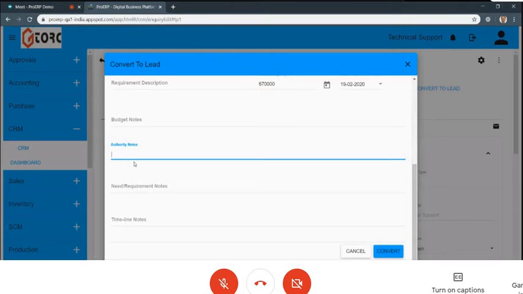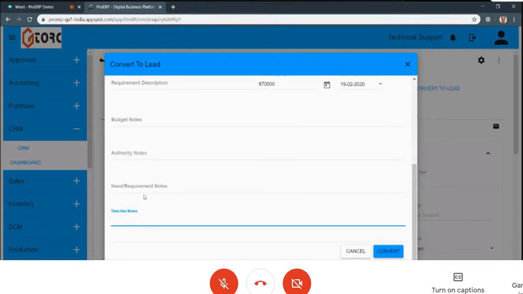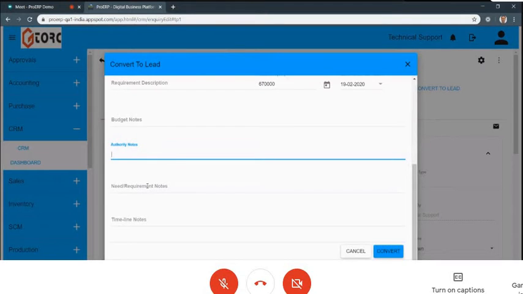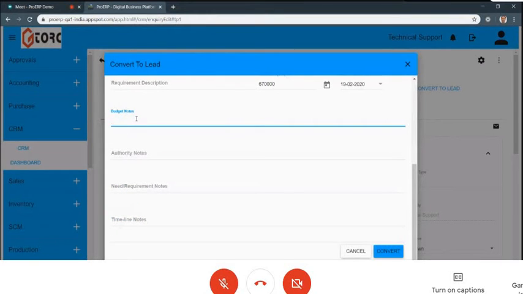The person we are talking to, who is the authority, who is going to decide. We need to have a clear picture. Maybe the person who is not the authority is a facilitator, but we need to understand that clearly. Similarly, there has to be a detailed statement on the requirement, whether they are just wishfully thinking or it is a serious requirement. Then there is the timeline, and every aspect of BANT is important.